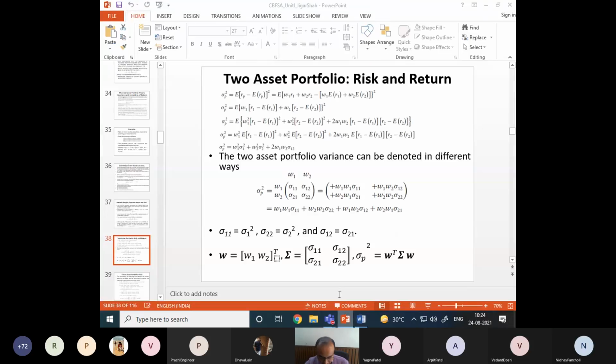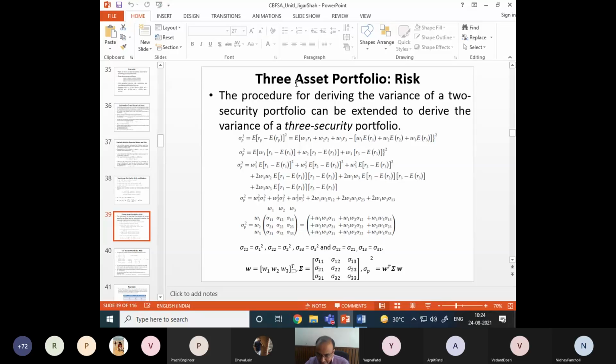So that I have explained in my slide, so you just go through it. The sigma p square with the 3 asset portfolio: I have written RP and ERP with their corresponding equations, applied the property of the expectation operator and derived it in a matrix form, and that you get the same. I have skipped some steps here, but you can easily do it. It is just linear algebra.